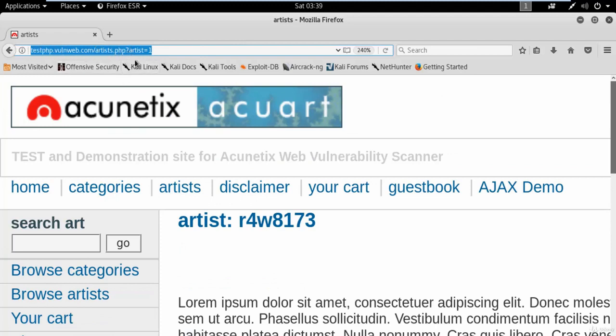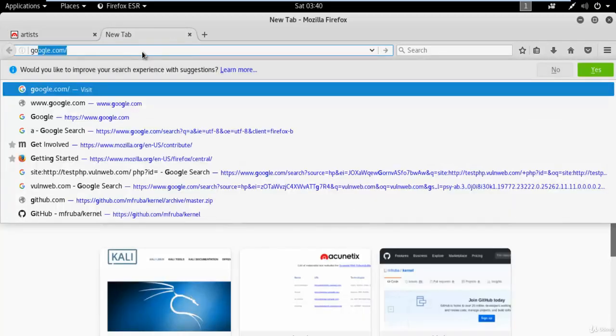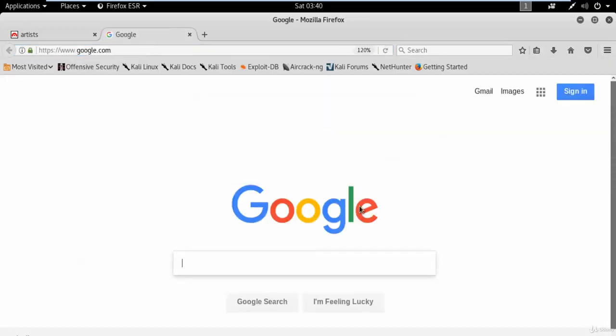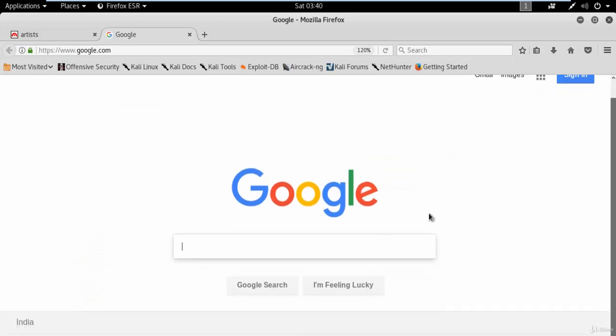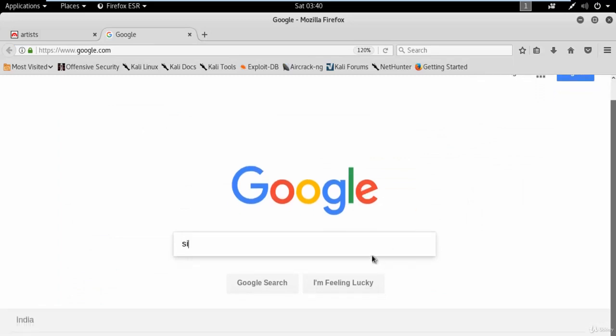testphp.vulnweb.com/artists.php?artist=1, right? So this is the link available here, and I'm going to use that link to attack this website to get the username and password available in the backend or database. So let's try. First of all, let me copy this. Let me open a new tab, open google.com, and here on Google, we can simply type site: and paste here,